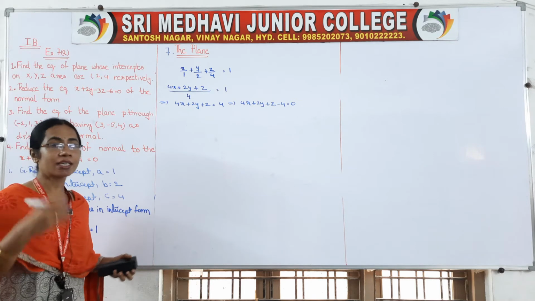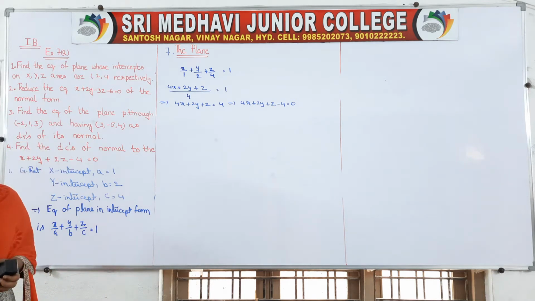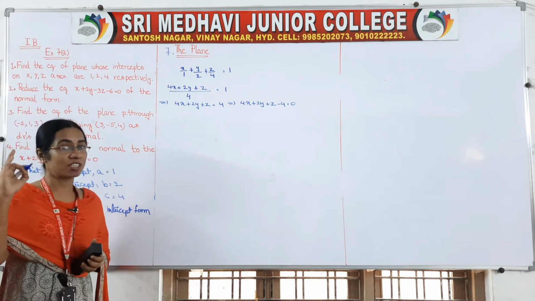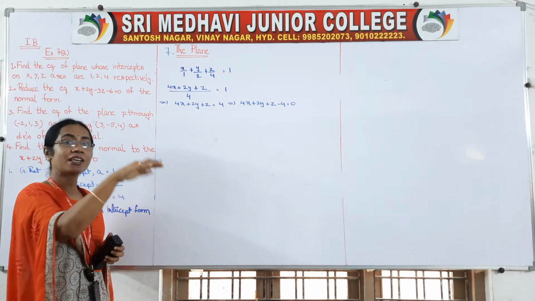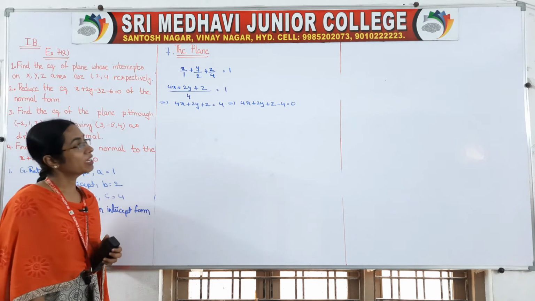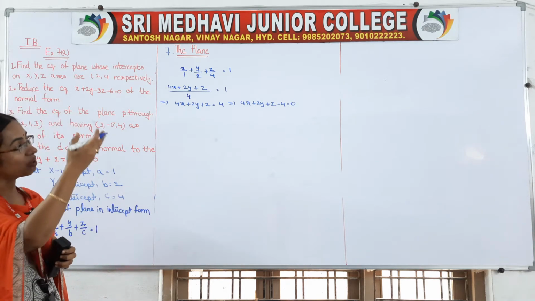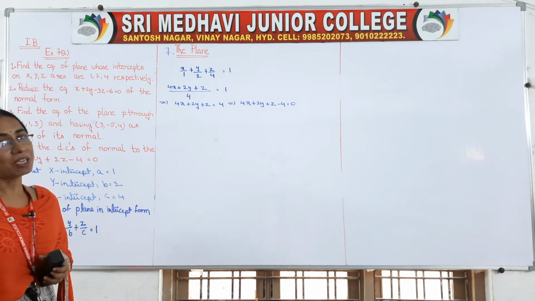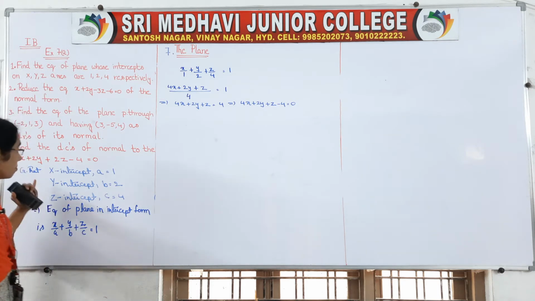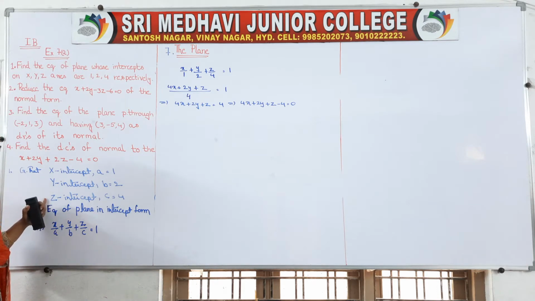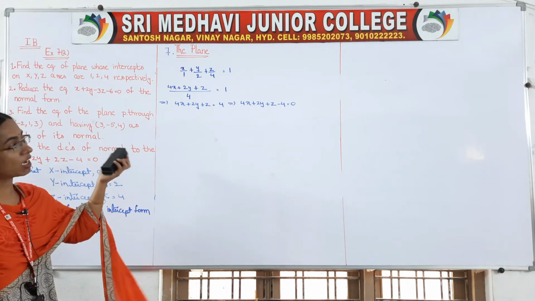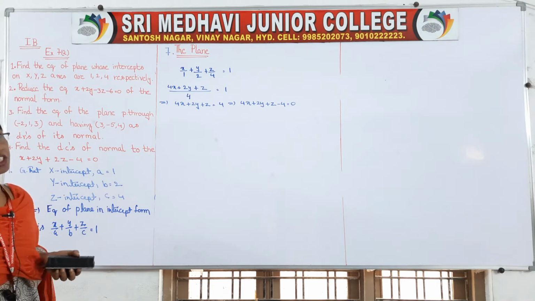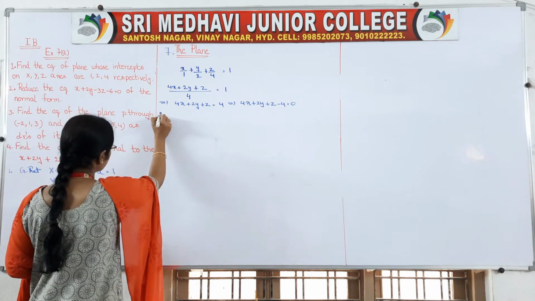They have given the intercepts, we have to write the plane equation reversely, isn't it? In the first question in the previous class, they gave the plane equation and asked to reduce it into intercept form. Here intercepts are given to you, write the general equation of the plane, that is the question. So very simple, a, b, c values are given to you. You know the intercept form, x by a plus y by b plus z by c is equal to 1. Substitute and simplify, you will get your required plane equation.